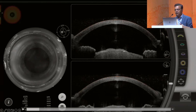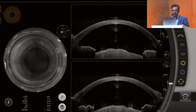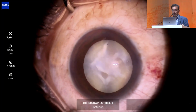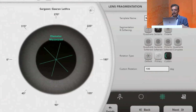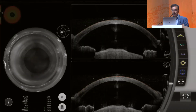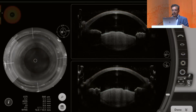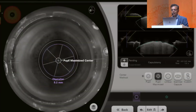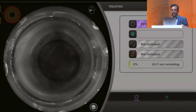The entire capsule is so irregular and fibrotic, and once you are programming the laser, you can increase the depth of the rhexis and increase the energy as well, because that way you will be able to get a better outcome. So you can see here that I'm correcting the size. I'm also using some other adjustments since it's a hardish cataract, and you have to make sure that the capsular landmarks are set correctly, and then I'm increasing the vertical extent and the energies, and then I'm firing the